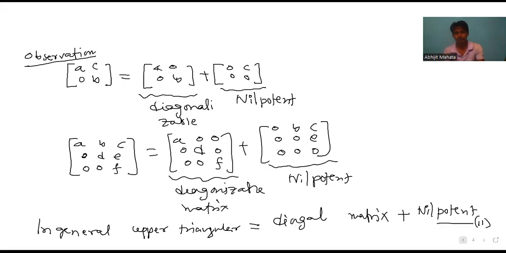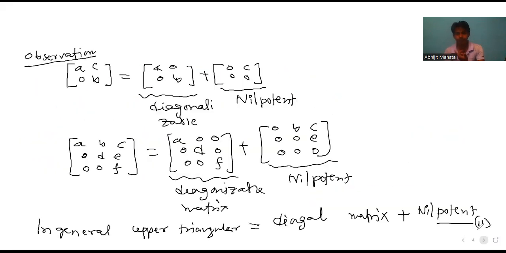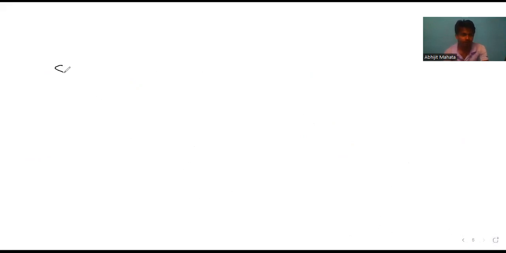Now, one thing is clear. In the theorem, we state that if you go to the theory, D is the diagonalizable matrix. Yes, we got it. Now, this N part we have to prove is nilpotent, and here it will be, because this part is nilpotent. So we will just check that this is nilpotent. Now, since N1 is nilpotent,